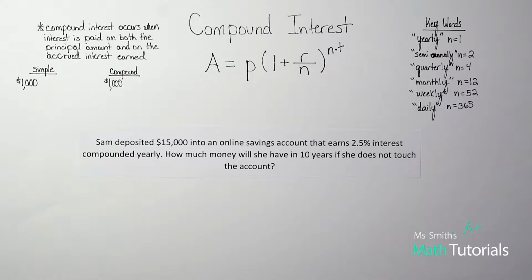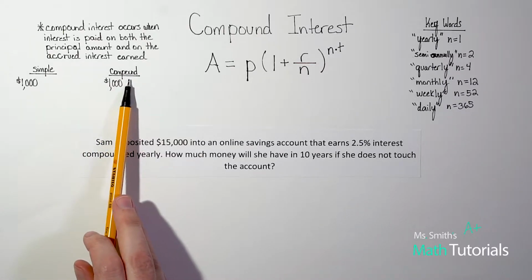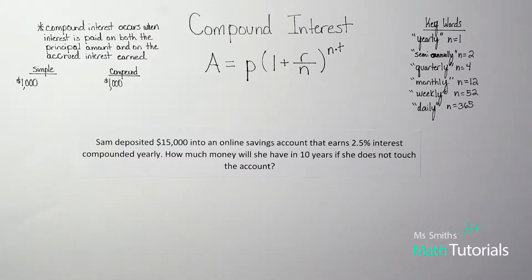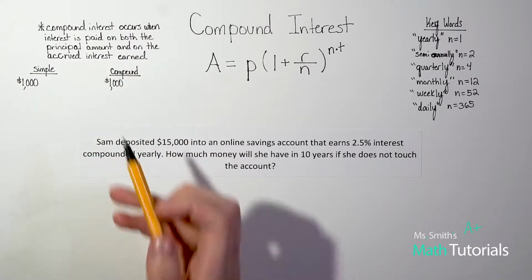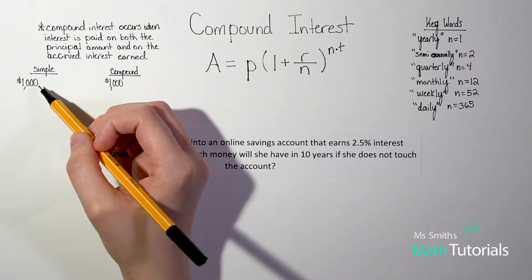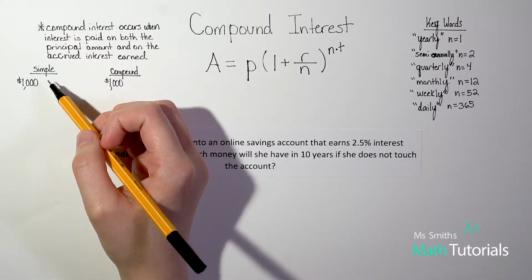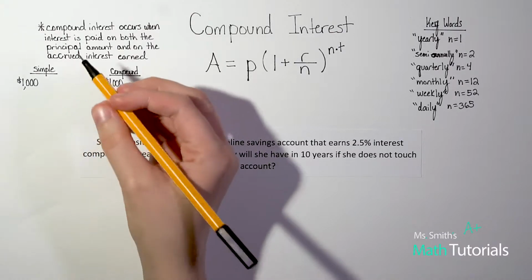A really simple way to explain it is we could have simple interest or we could have compound interest. And compound is going to be way better when it comes to money we earn, right? Because obviously you want to earn the most interest that you can on any given savings account. So for simple interest, let's say I put $1,000 in the bank and I only have simple interest, which just doesn't typically happen, but let's just say that it did. Let's say I had a simple interest of 10%